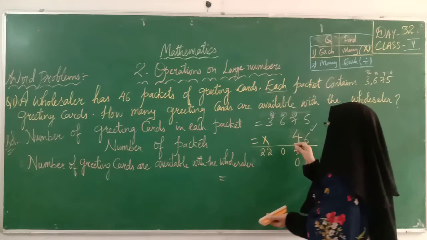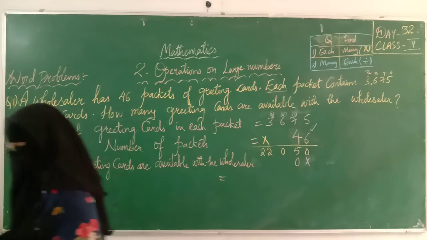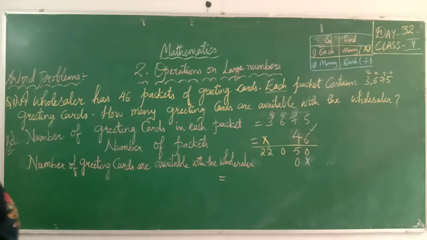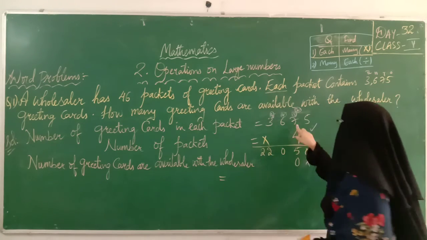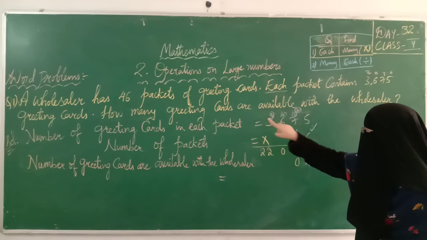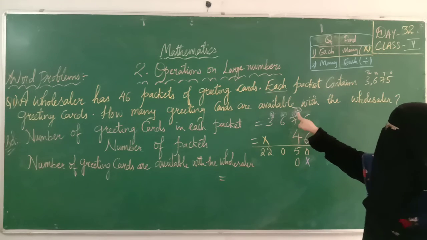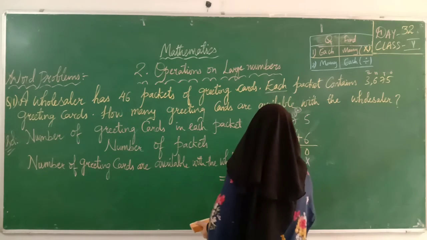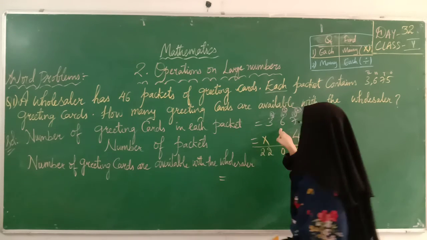Okay, I'll write with a different chalk for the second carry. 2 I am sending as carry. 4 7s are 28. We should not consider this 3 or 2, because this 3 4 4 belongs to 6. So don't consider that. 4 7s are 28. 28 plus 2 is 29, 30. 0 writing here, I am sending 3 as carry. 4 6s are 24. 24 plus 3 is 25, 26, 27.